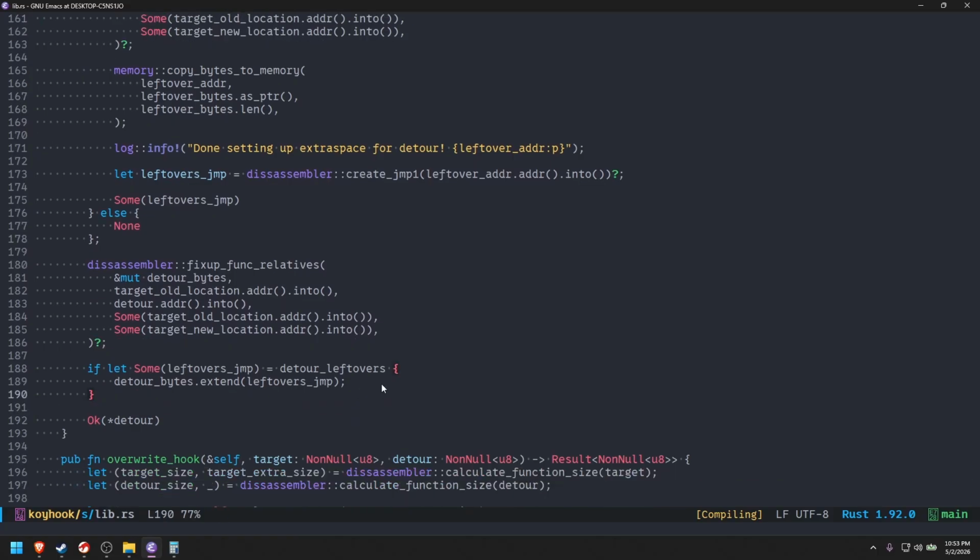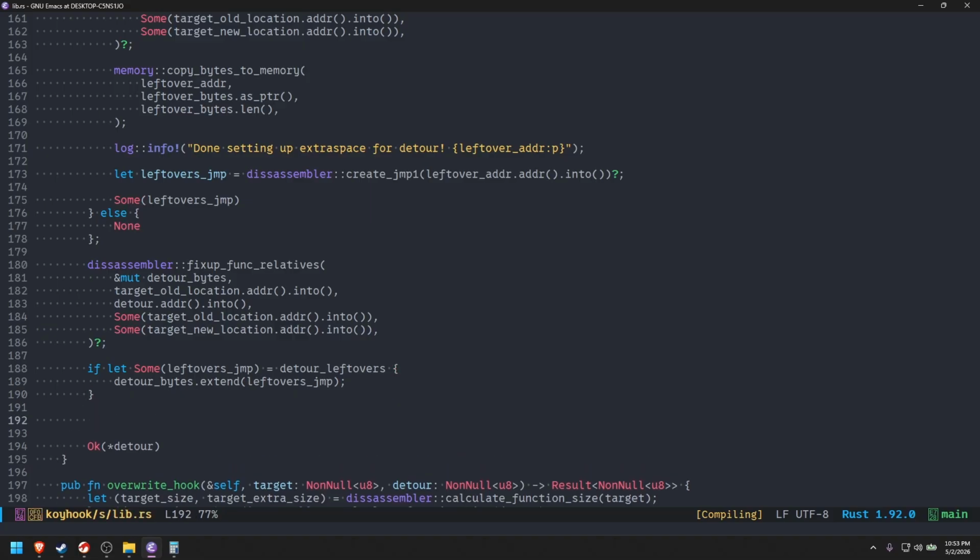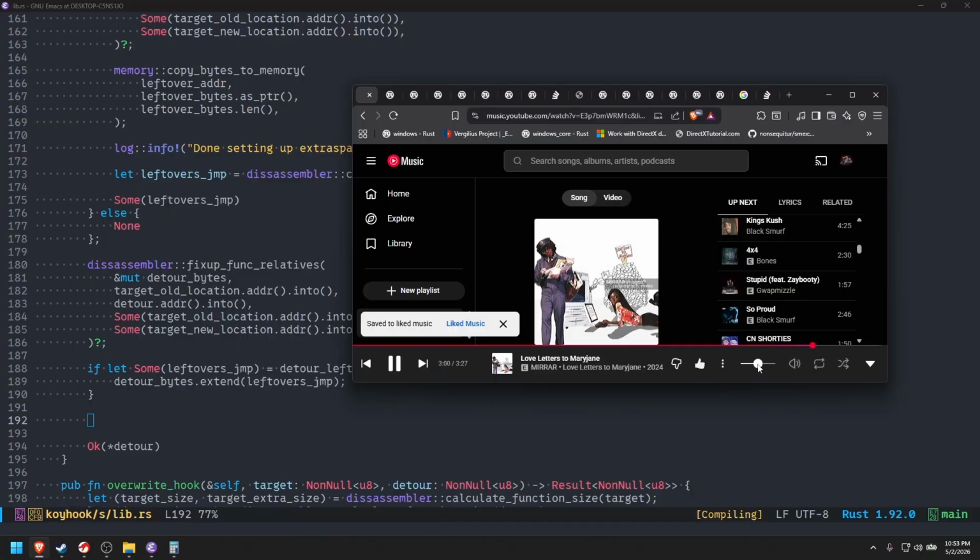Now we just need to write the bytes here to the location in which